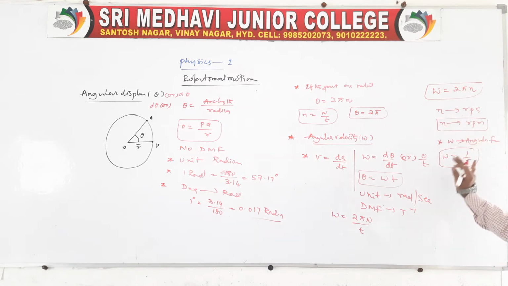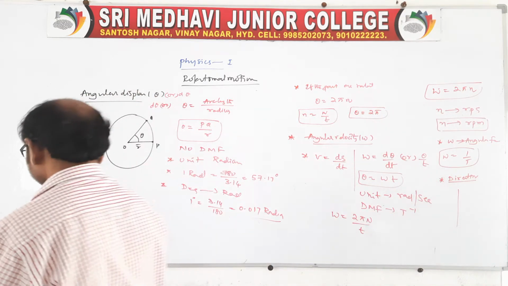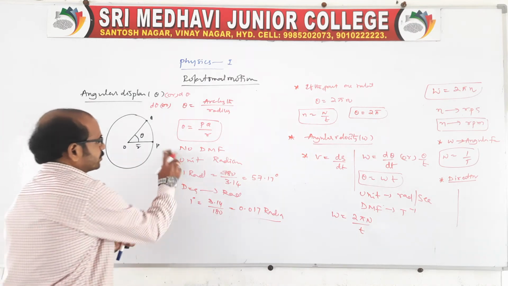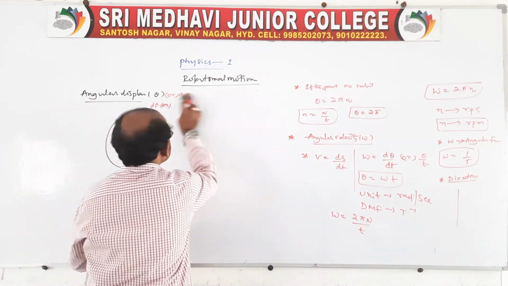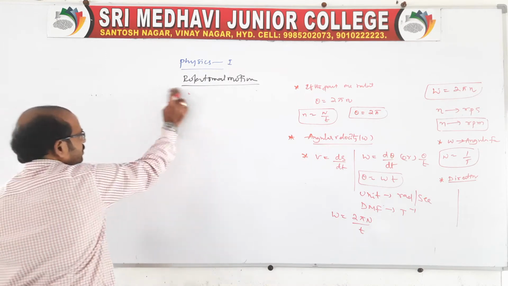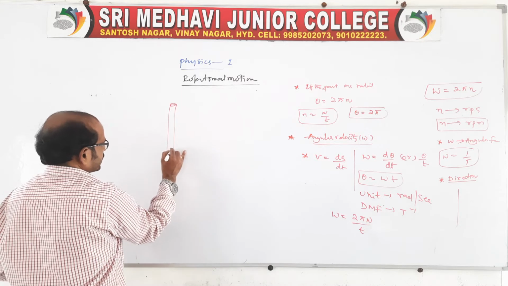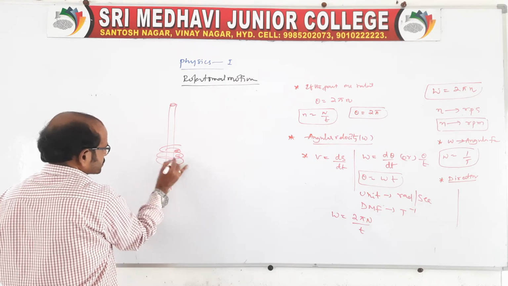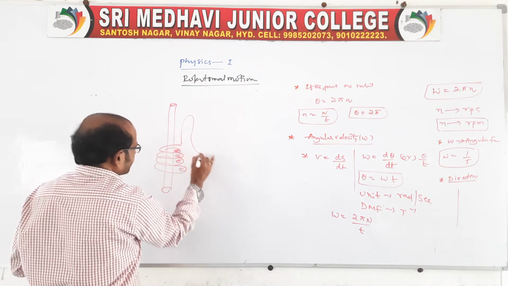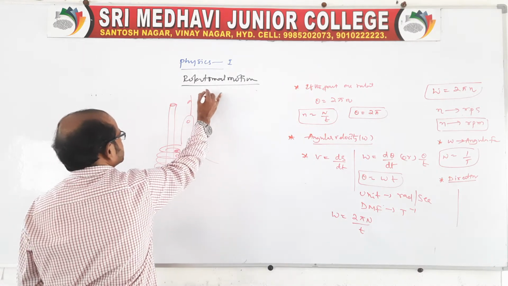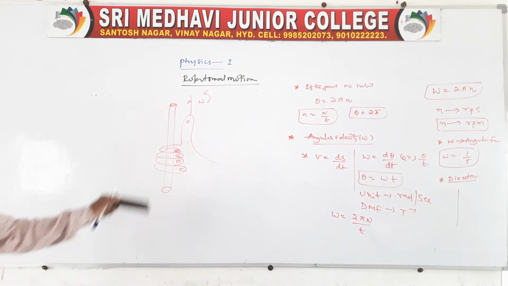Okay, that is angular velocity. Here the direction of angular velocity we can determine by using the right hand screw rule or the right hand thumb rule. The thumb rule is like this: if you take a rod and hold it in your right hand, I will show you the diagram. The fingers are to be folded like this, and this indicates the angular velocity direction, indicated by the thumb.